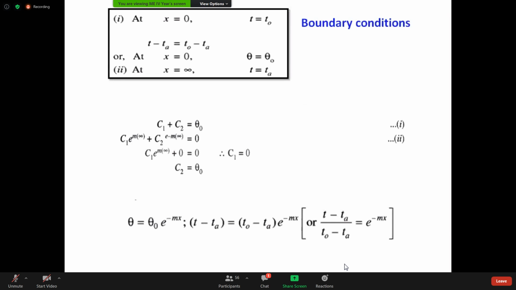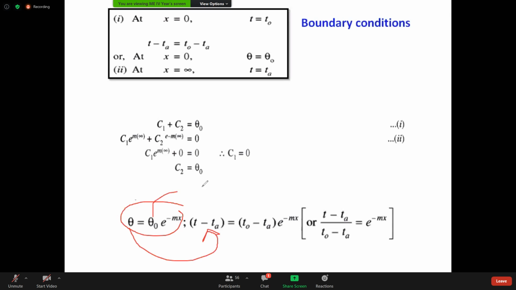After solving, you will get, don't worry. This is the equation. I know that theta is equal to this. At the same time, theta naught is equal to T naught minus T infinity. Keep in mind. All these equations are given in your data book. I tell you the usage of data books only. You don't need to remember any equation, because how to remember these long equations? You must know how to derive it.